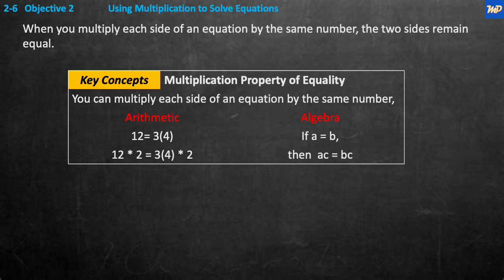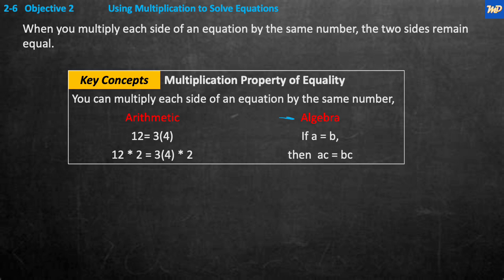Okay, so now we come to objective 2, which is using multiplication to solve equations. When you multiply each side of an equation by the same number, the two sides remain equal, just like the division property of equality. The only difference in the division is what you're dividing by cannot be 0. That's why they have that one stipulation in there. So, if I look at the algebraic description first, if A equals B, so A has to equal B,